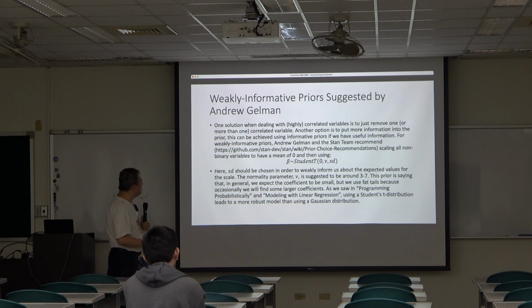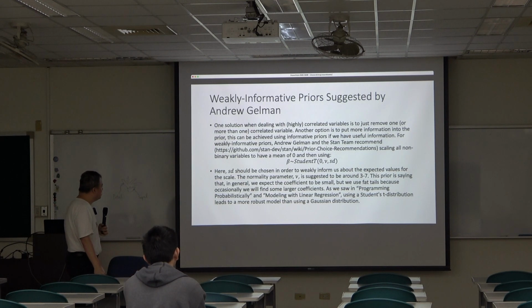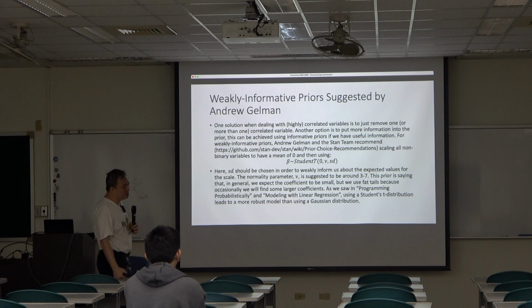Another option is to put more information into the prior. This can be achieved using an informative prior if we have useful information. For weakly informative priors, Andrew Gelman, the author of that red reference book, and the Stan team